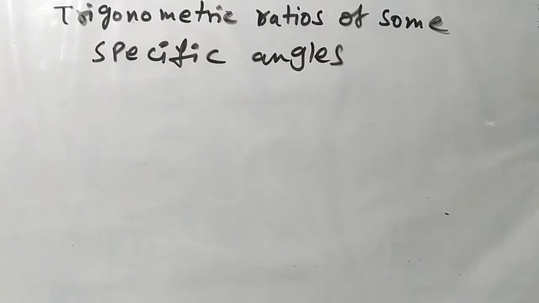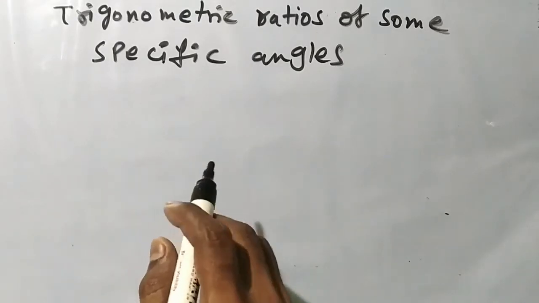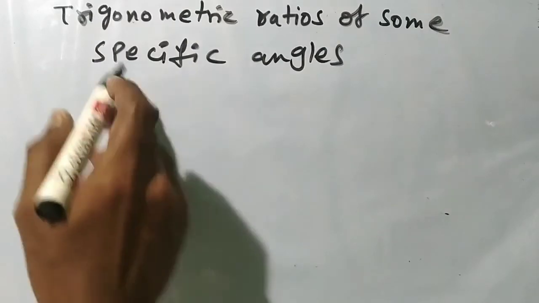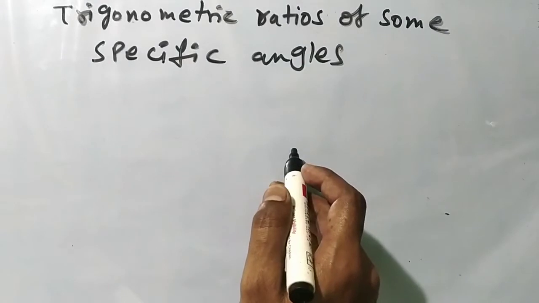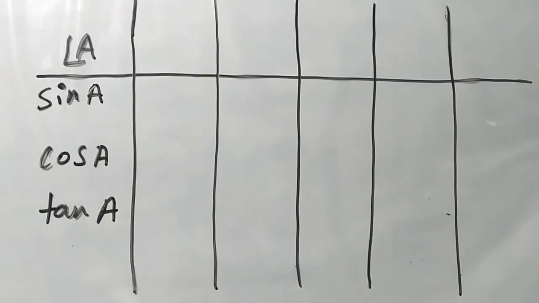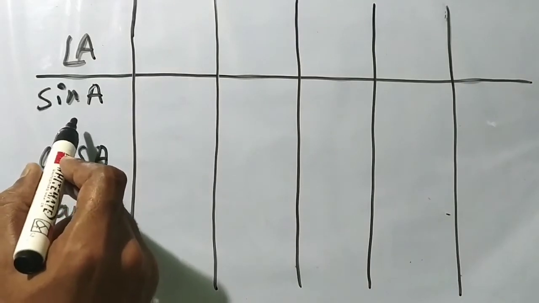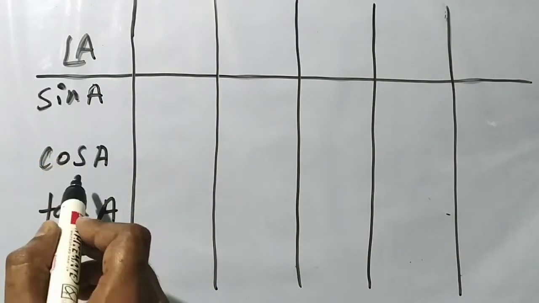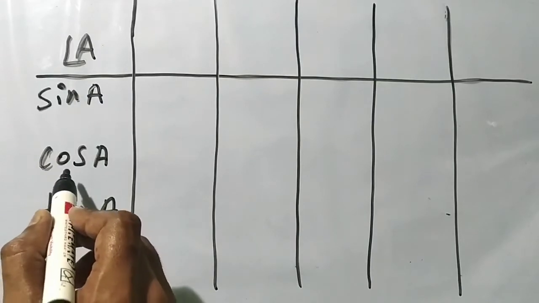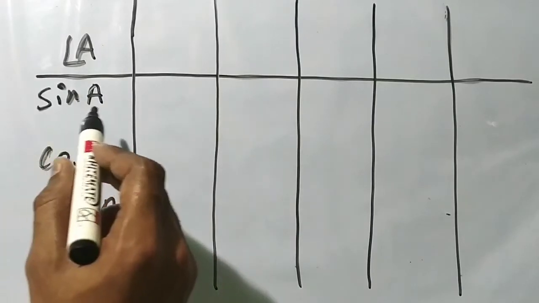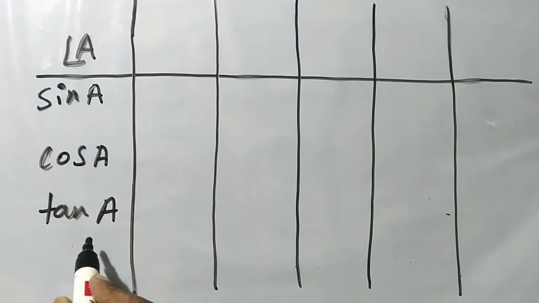It is useful in the exercise 3, 4 and so on. So we need to know this table with the values, trigonometric ratio with the specific angles and values also. So how to write this easily? So this is a table, because if we know the sine, we can easily write cosecant. If we know the cos, we can easily write secant, because 1 by cos is equal to secant, 1 by sin is equal to cosecant, 1 by tan is equal to cot.